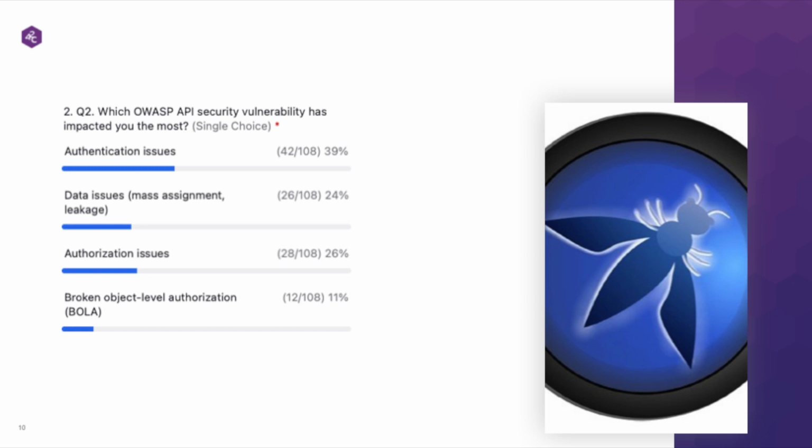Absolutely. So honestly, it doesn't surprise me to see authentication issues there, because getting this right is really, really hard. And once you have authentication, then, to be honest, authorization is often not that difficult, because a lot of use cases are fairly straightforward. Of course, the moment you're in a complex authorization scenario, then that's a whole different story.